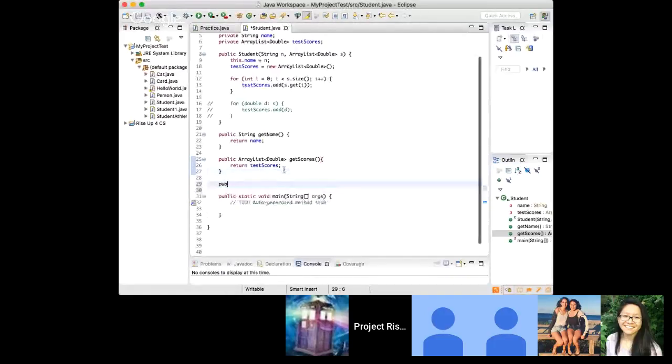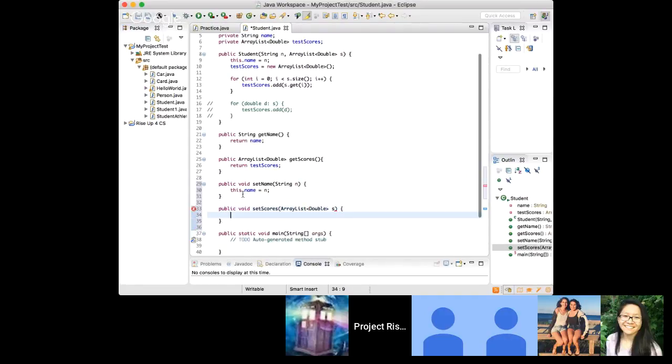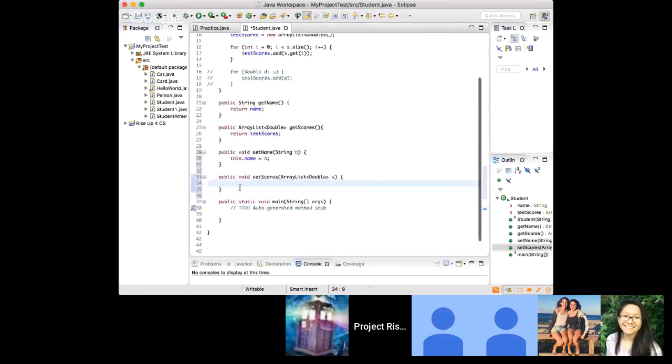So same thing, setters. Now we want to make sure that our return type is void because we're updating our instance variable to a new value. For scores, it takes a new score or new set of scores. And then same exact thing for this one. We don't want to just have this thing as in the constructor, for the same reasons as the constructor. We want to loop through this entire thing, and